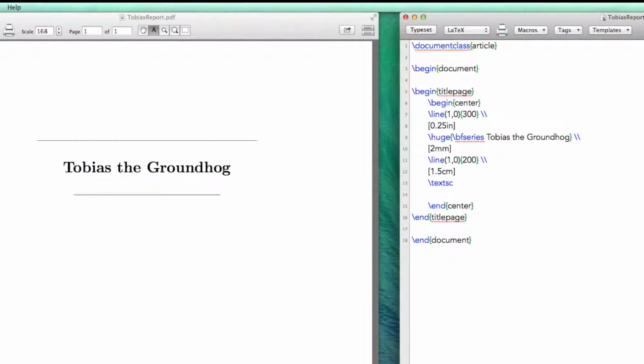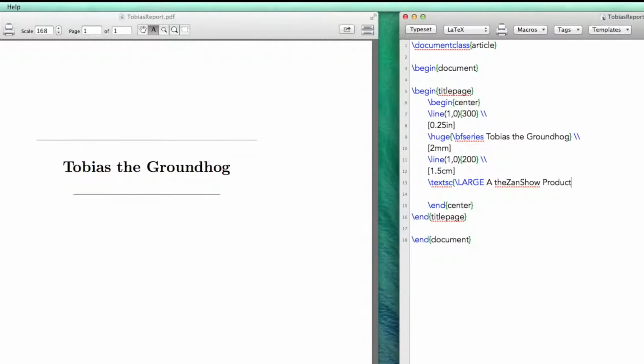You can get small capitals, that's a command. There are all kinds of different text formatting commands, and there are all kinds of different size text you can get, such as large. So this is me, Sancho production,